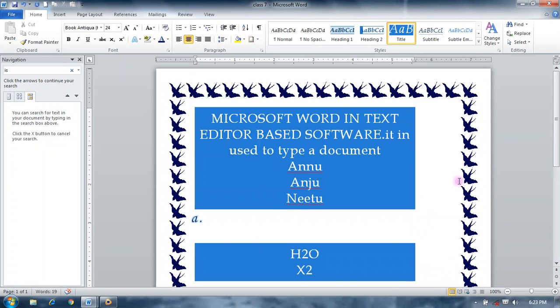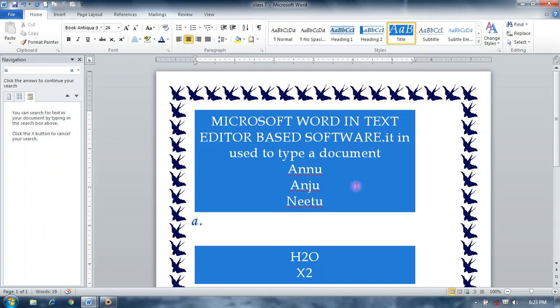This is your MS Word Home menu bar, and this is a simple document. You can easily practice on it.